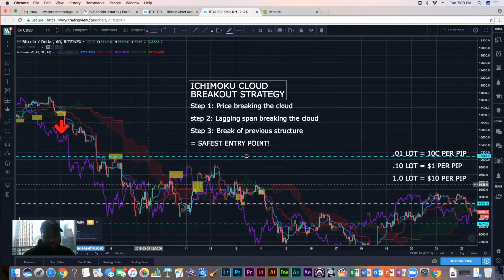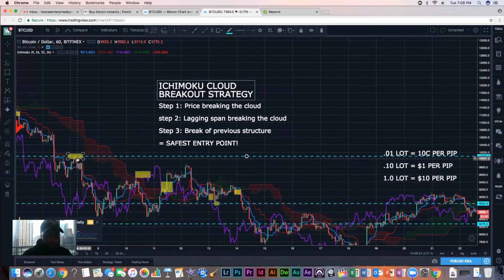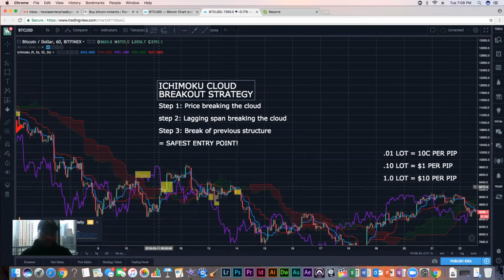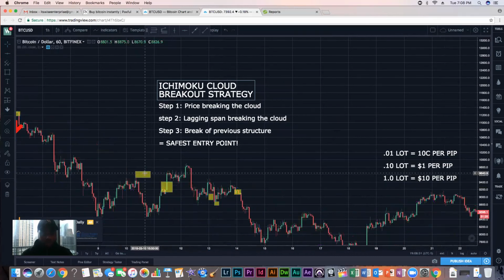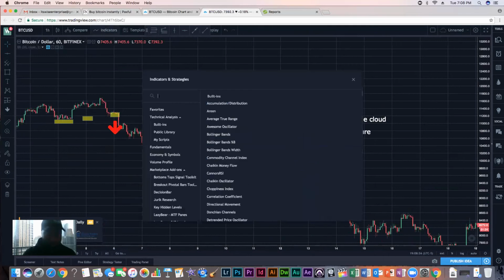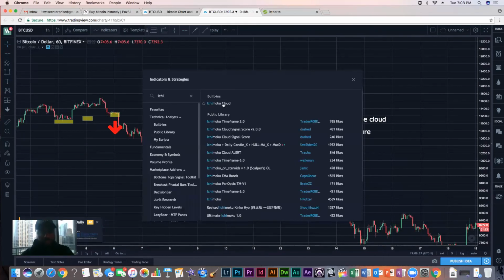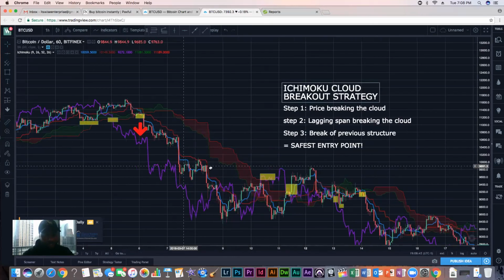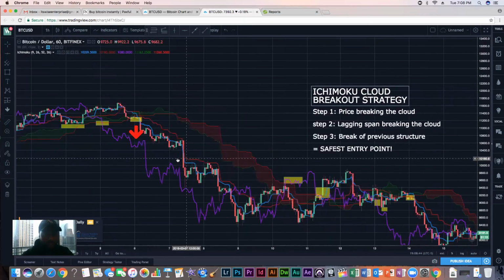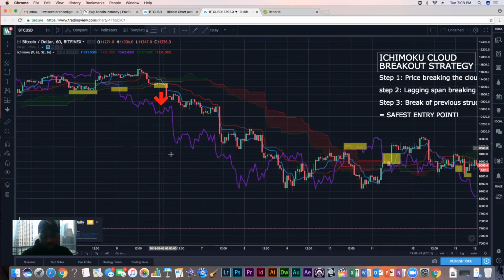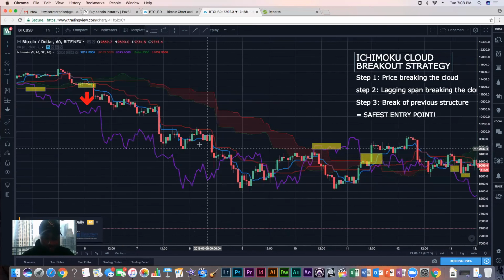Now, the last thing I'm going to talk about. See if I can delete all this real quick. Just going to take my Ichimoku cloud off like that. All right. I know a lot of you will have questions about this. We got our entry, so what's our exit? Our exit is